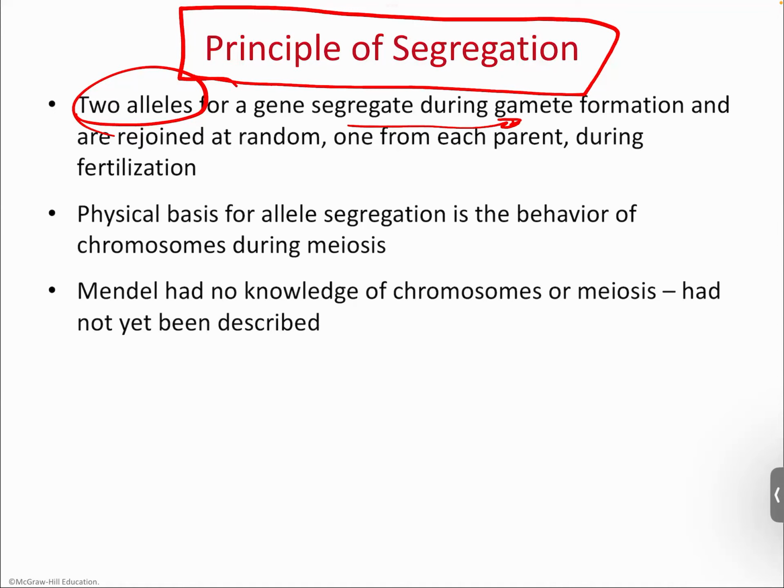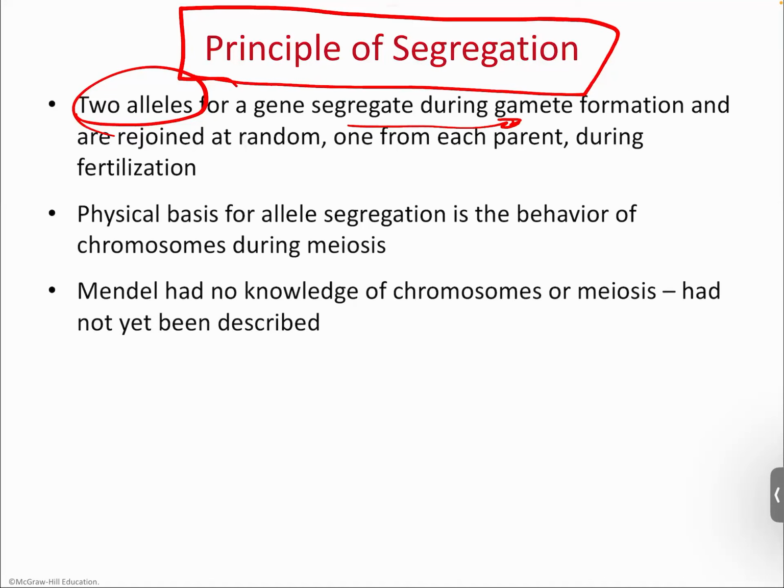He didn't know about random fertilization. He didn't know about recombination. He didn't know any of that. What he saw was that there were two distinct versions of this allele that were being segregated in each of the parents' gametes. What he knew was that when he took that pollen with his little paintbrush, he knew that